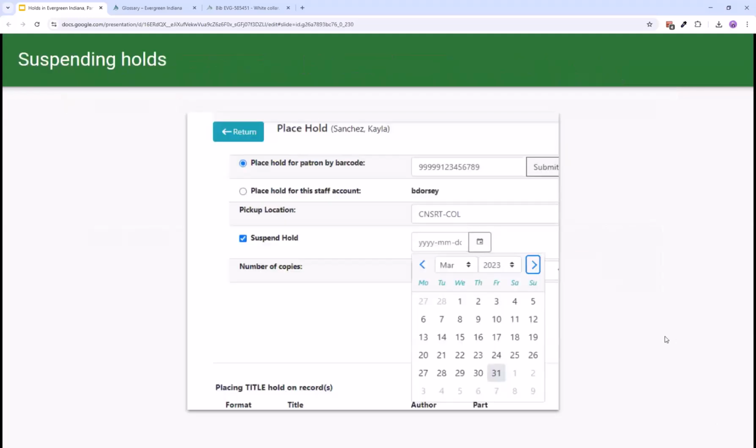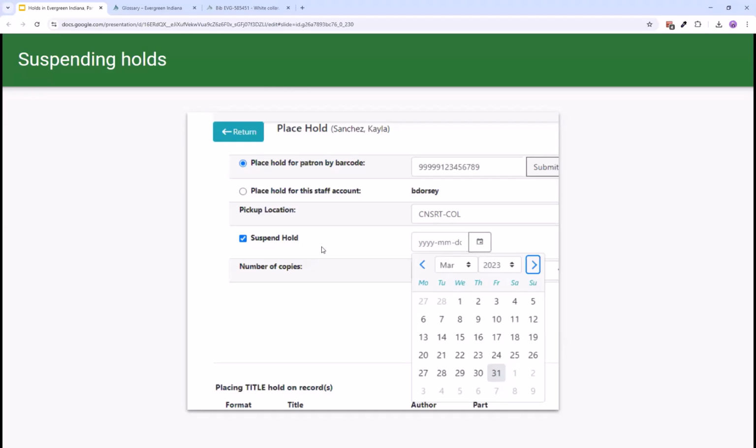There are a couple of other options available to you and patrons when placing a hold, regardless of type. Before you place the hold, you can choose to suspend the hold. This will allow the hold to be placed but not activated until a later date. For example, a patron may want a hotspot for their vacation in a week, but doesn't want to place it on hold now in case they get it too early. Suspending the hold until maybe a few days before they leave, depending, of course, when other hotspots are due, will give the patron time to pick up the hotspot and then check it out for the full amount of time